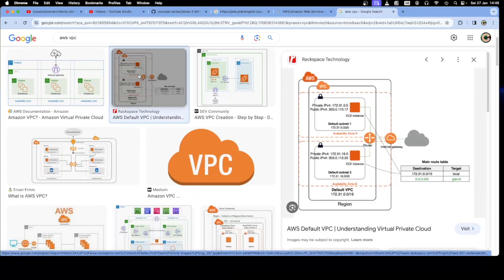Here's another one from Rackspace Technology, where they're showing that you'd have the cloud going into your internet, going into your router, going into your EC2 instance. You have a private and a public IP, and this subnet also has an IP associated. So make sure you look through all of these, but don't spend time